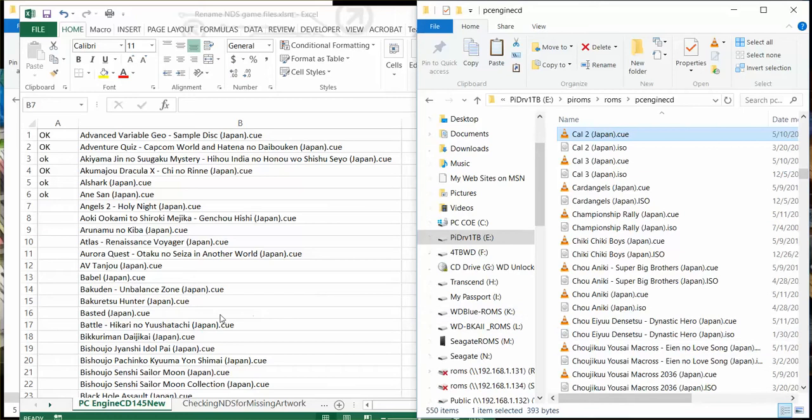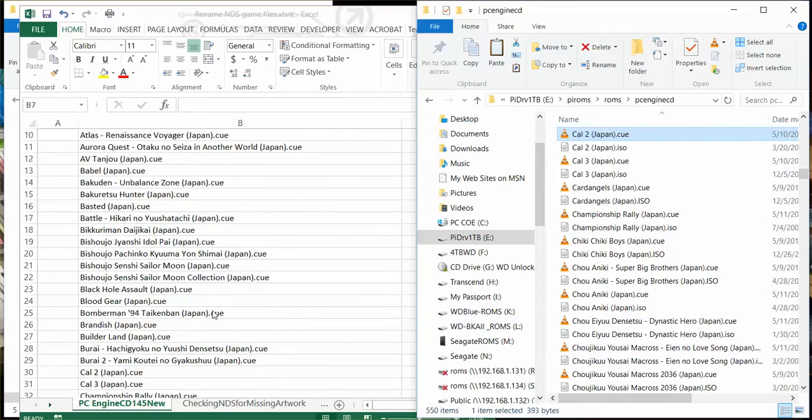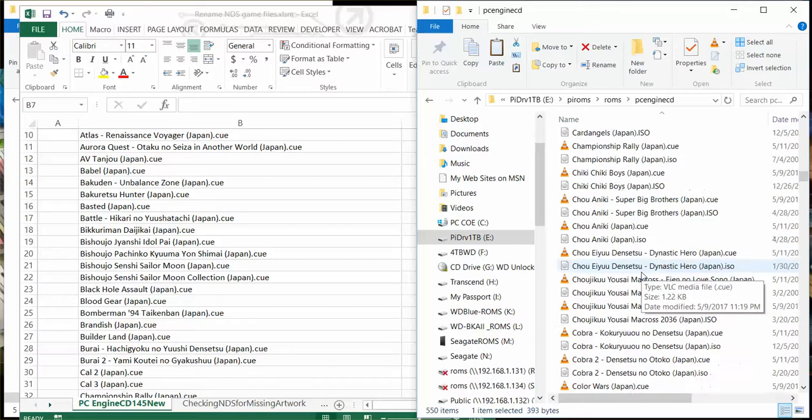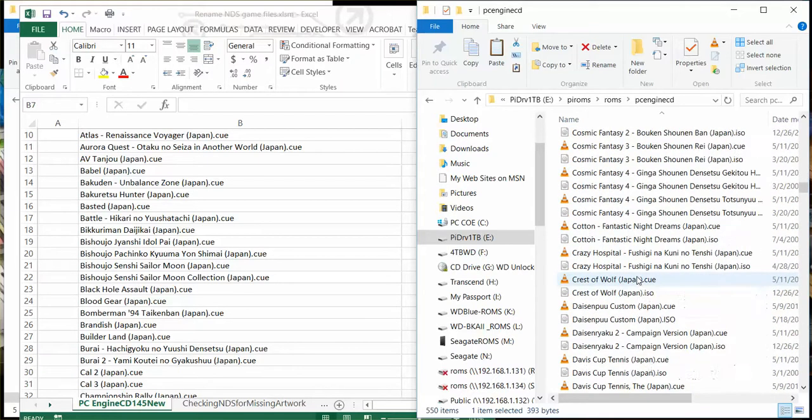So I wanted to add more, and sometimes you have some hack games that you want to play and you want to add to the list, but the problem is the list doesn't recognize it. You could put it in, you could rename it, call it Japan, parentheses, exactly the same thing. Like this is the game that I'm talking about, that I own,